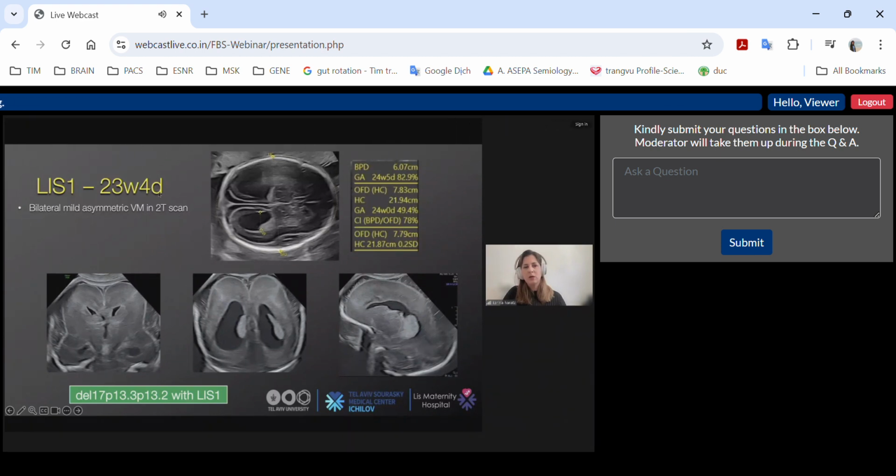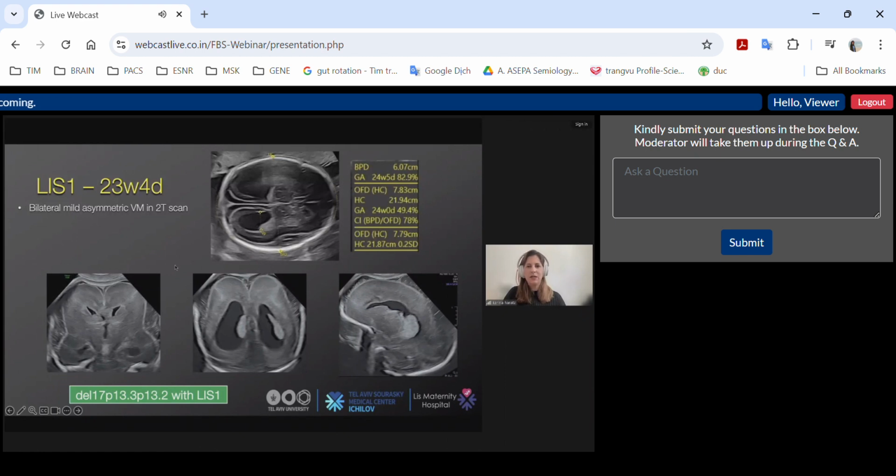We see no parieto-occipital fissure, and again, don't be misled by the ventriculomegaly, which is mild. Because mild ventriculomegaly may flatten the parieto-occipital fissure. Indeed, it may, but we need to remember and then check the other fissures. No calcarine, no parieto-occipital, a very flat Sylvian fissure at 17 weeks. And here we see what we can call the H-shaped brain, which is postnatally very related to the LIS1 gene. Okay, so although we are speaking about an agyric brain, we see irregularities in the periventricular area,